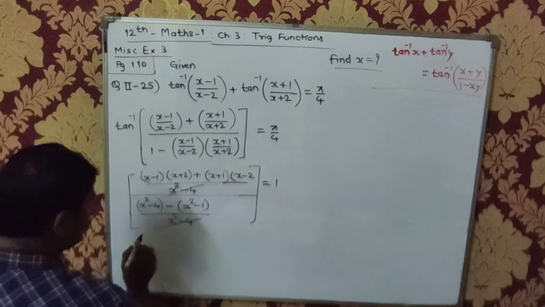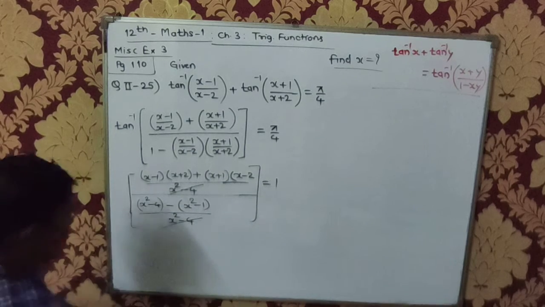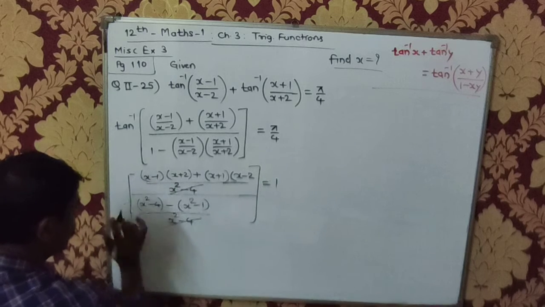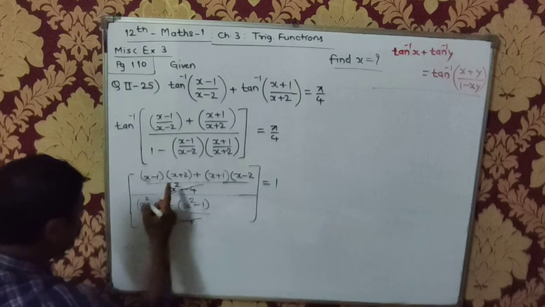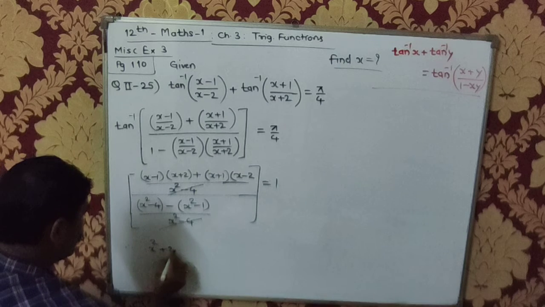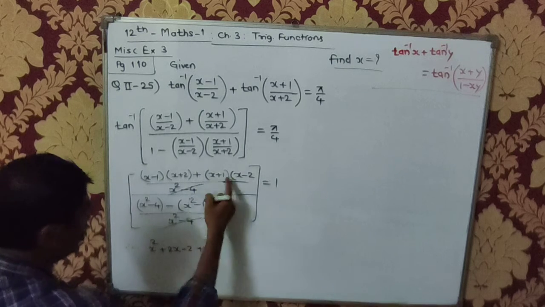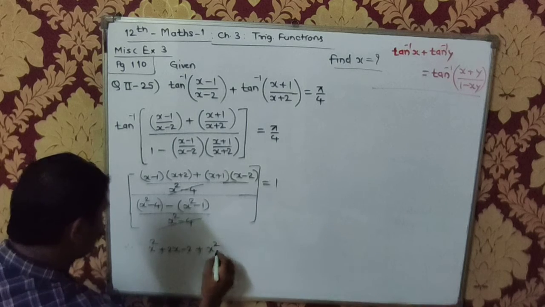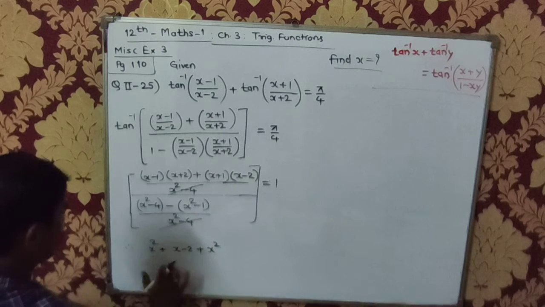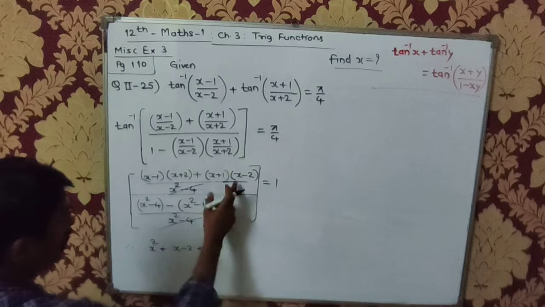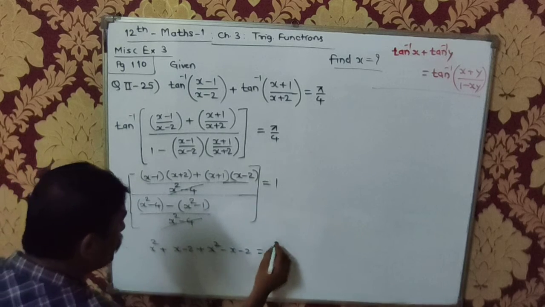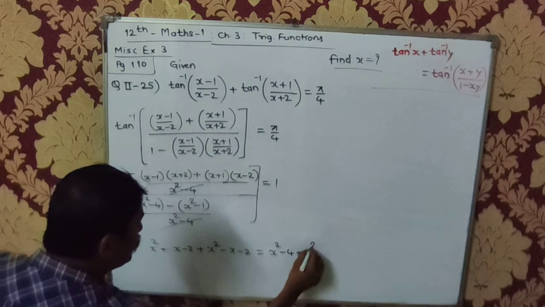So this gets cancelled straight away. So that is equal. और ये इधर चला जाएगा. इधर क्या बचेगा? Therefore this product x square plus 2x minus 2 plus इधर आएगा x square minus plus 2x plus x आएगा x square plus x minus 2 and this is x square minus x minus 2 is equal to x square minus 4 minus x square plus 1.